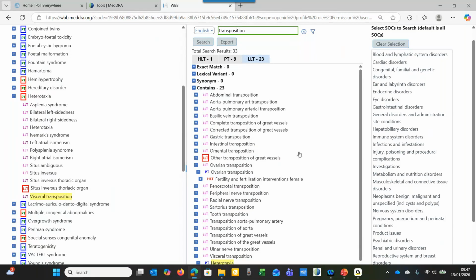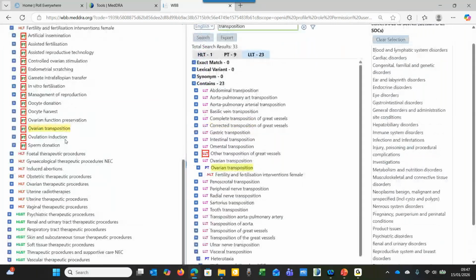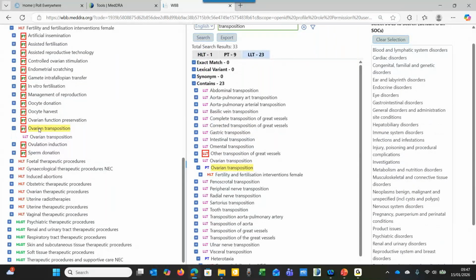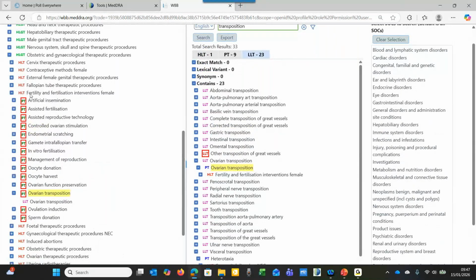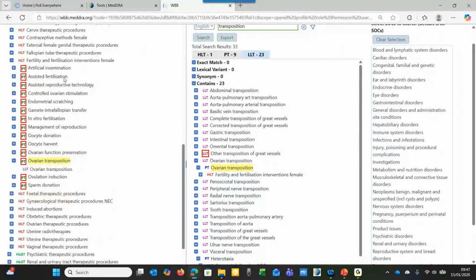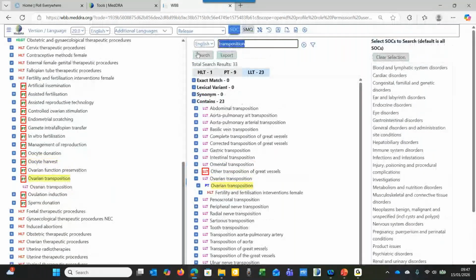So we've got our ovarian transposition here. Let's go to the browser and see that one. Ovarian transposition. It has nothing else underneath it. And as we saw, it's under the HLT of fertility and fertilization interventions. Is there anything else there that could capture either the whole of the operation or something relating to the uterus? No. Management of reproduction. It would only be, we would have to use that term that I was telling you, the preservation of reproduction. No. So then we come to the uterine surgery or uterine operation,